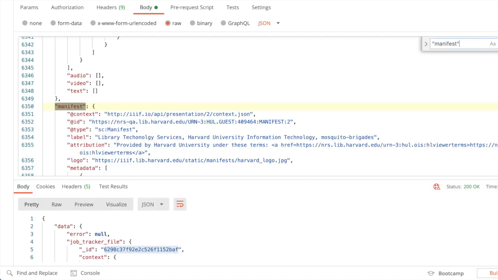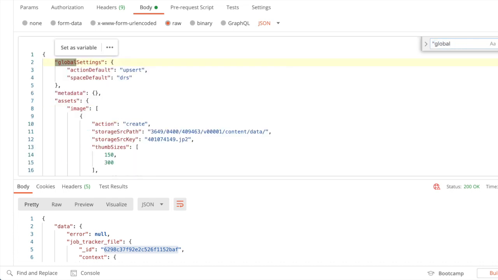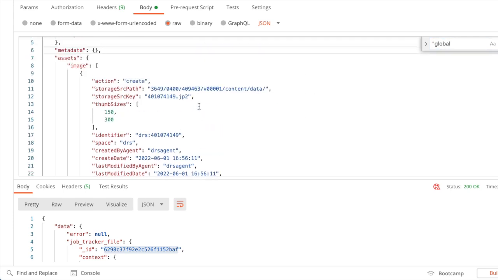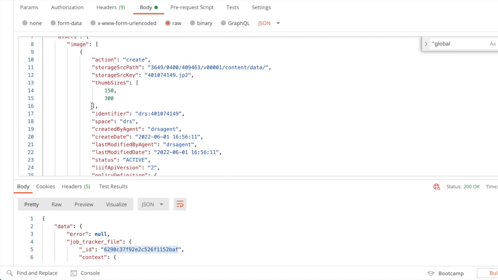So, as you saw earlier, the ingest request has the manifest itself directly embedded in it. We have some global settings that tell us where we will be ingesting. And we also have the assets and images property, which is a list of each image that is being ingested. This particular manifest has around 130 pages of images, each of which is represented here. The object for each image contains crucial information, like its location in the source S3 bucket,